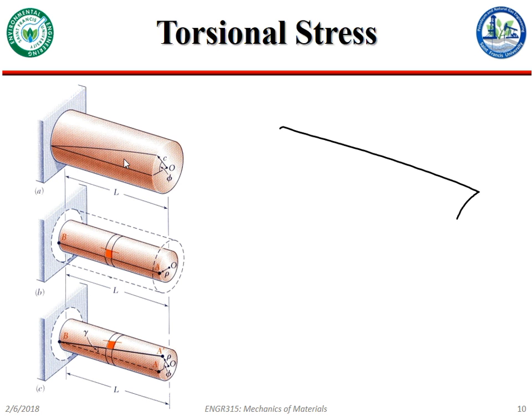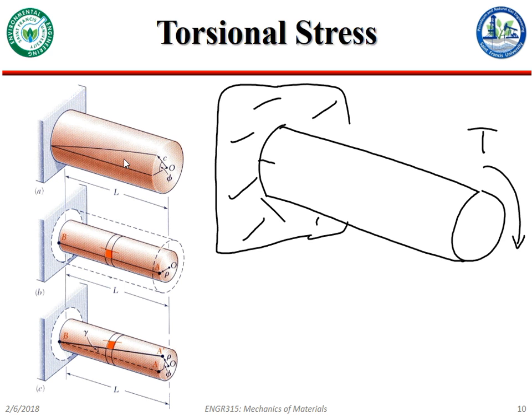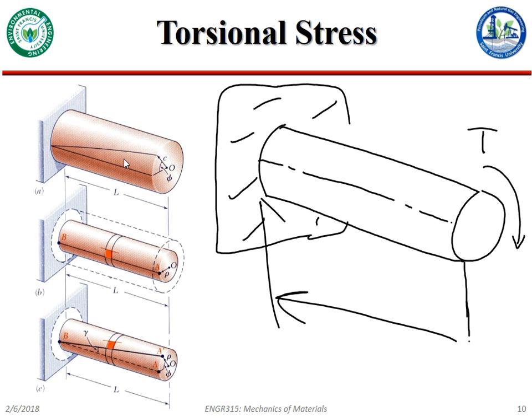Okay. So I have some sort of fixed boundary condition here. Have a rod, throw a torque on the rod. If I drew a line on it from one end to the other for a rod of length L, say, I could kind of track the motion of that line as it deformed,